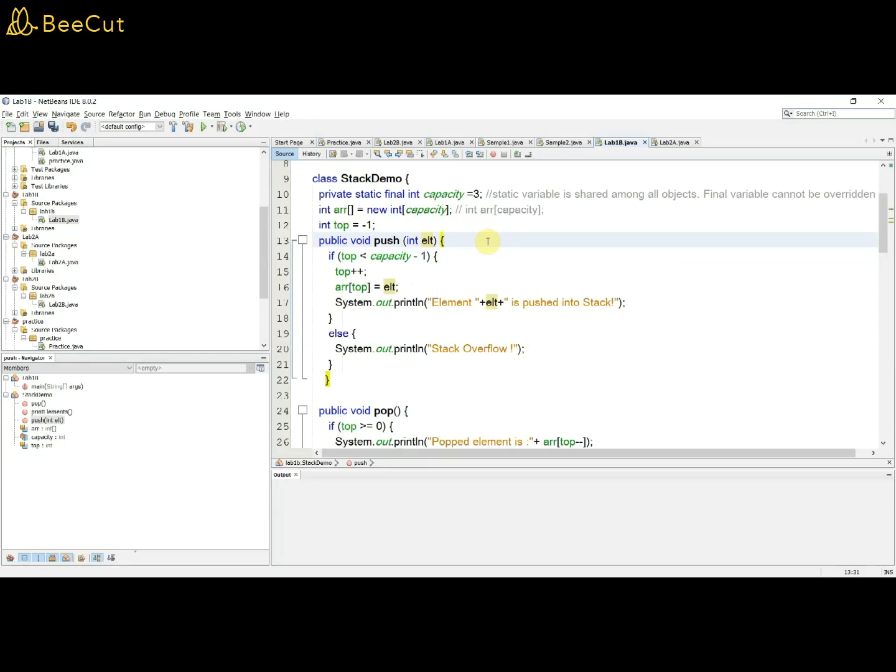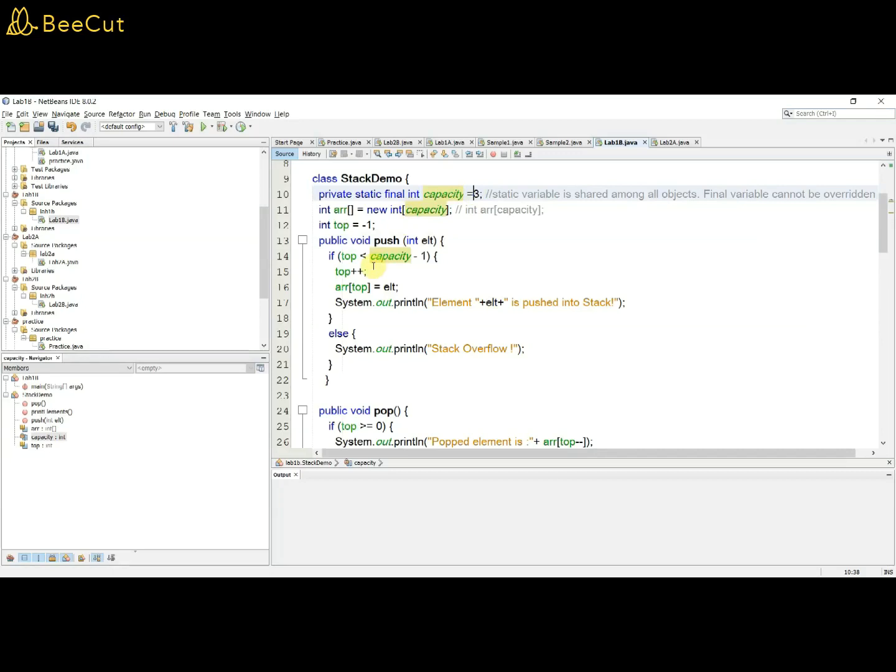If the capacity, say here the capacity is 3, and we have filled all the elements, that is all 3 elements, then the stack is overflow, correct? So when the stack overflows, since the capacity is 3 and array indexing starts from 0, if the array gets filled, the top is pointing to the last index, which is 2. So 0, 1, 2 indices, all 3 elements are filled.